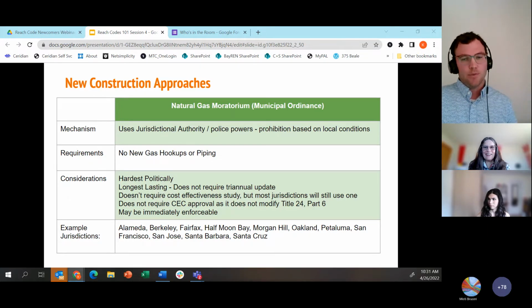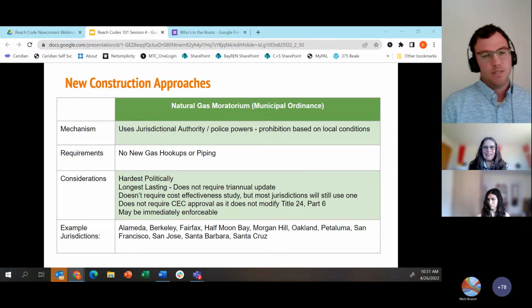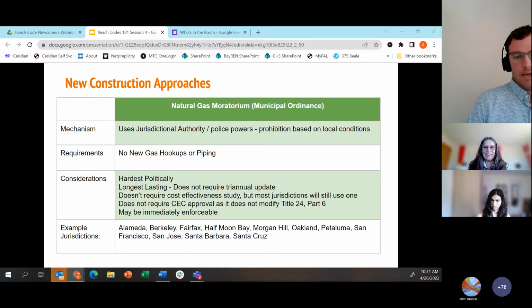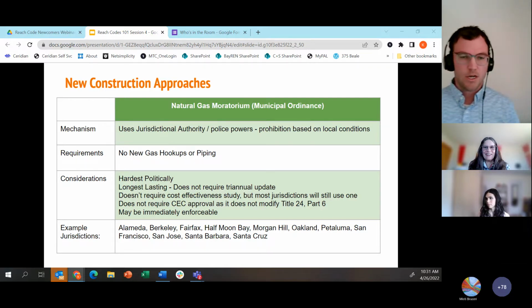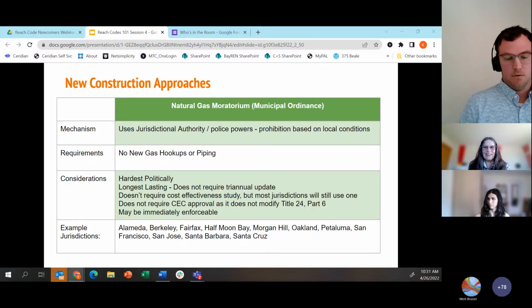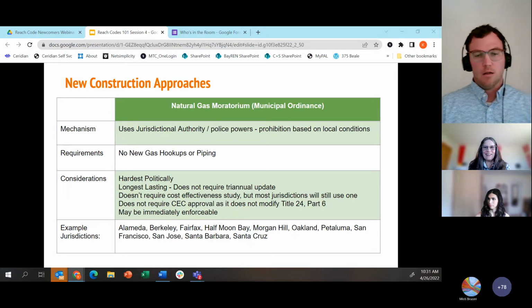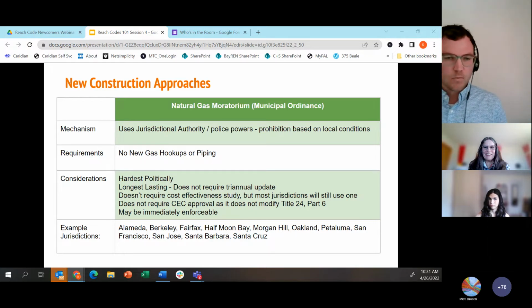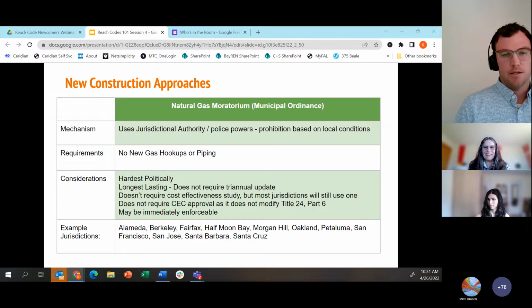Additionally, from a legal perspective, a cost effectiveness study isn't technically required, but as Karen alluded to in the introduction, cost effectiveness studies are an incredibly powerful tool for decision making. So while it may not be legally required, it's certainly very powerful to have cost effectiveness information at hand when making policy.